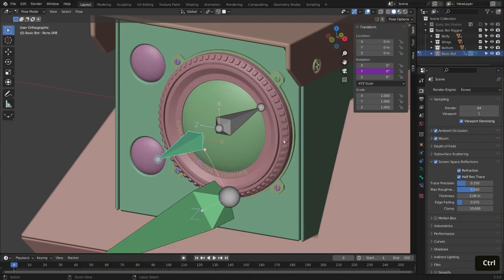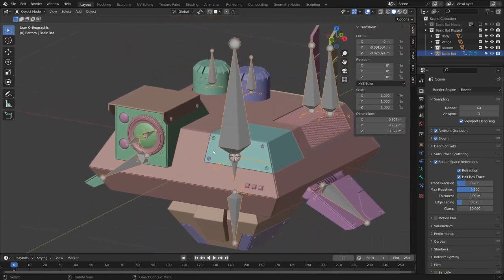Okay, jumping back to solid mode and out, we can concentrate on our second bone automation here. And these will be these battery/piston type things. I'm not entirely sure what they do yet, but we're going to make a move and that'll look cool. So let's look at making those sort of jump up and down with the use of a driver and some